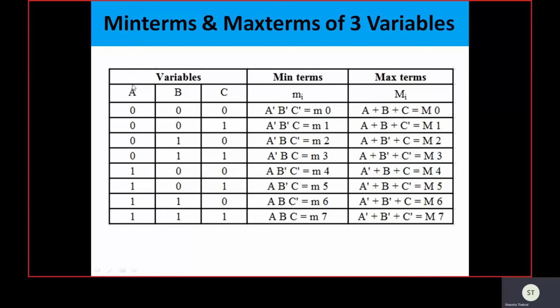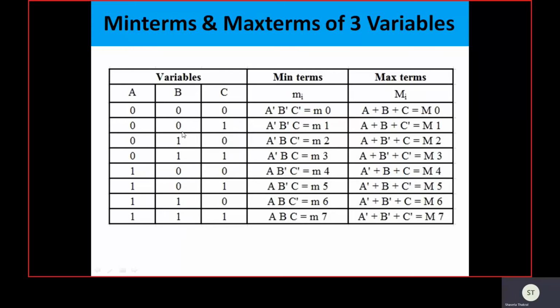Complement means we are taking the inversion of A. So if we need to represent 000, as all the bits are 0, all three variables are represented in their complemented form, and min term means product term. So we have to take the product of these three variables in their complemented form, that is A complement dot B complement dot C complement. This is the representation of the min term.